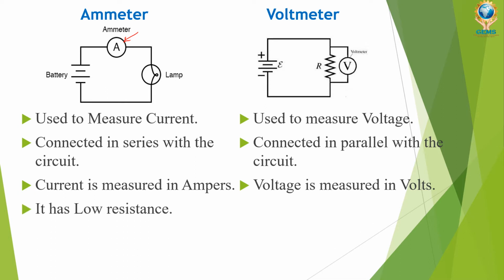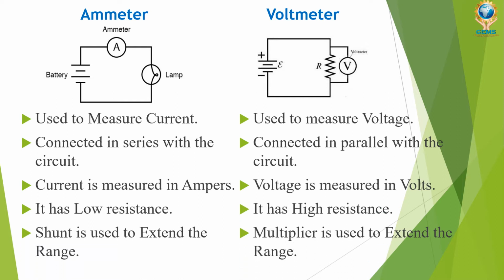Next, ammeter has low resistance. Here you can see current has to pass through the ammeter. इससे मीटर के अंदर से यहाँ जाना पहुंचना है. सो यहाँ बहुत कम रेजिस्टेंस होना, नहीं तो वो करंट नहीं पहुंच पाए. इसके चलते बहुत कम रेजिस्टेंस होना चाहिए. Voltmeter is having high resistance.